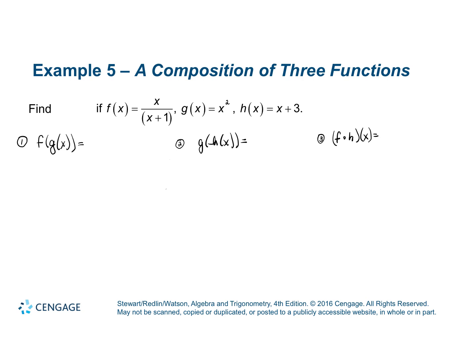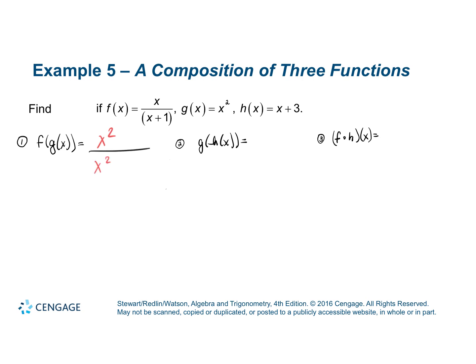Now for example 5, we have a composition of 3 functions. We have if f of x is equal to x over x plus 1, g of x is equal to x squared, and h of x is equal to x plus 3. They want us to find each individual one. Now we have f of g of x, so we're going to go ahead and plug the g of x into the f of x. So wherever there's an x, we're going to plug in an x squared, so it's going to be x squared over